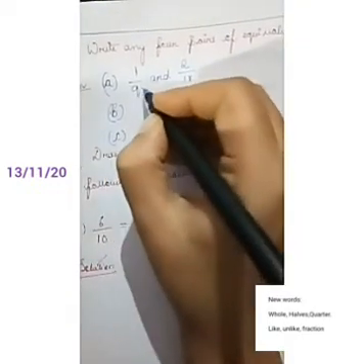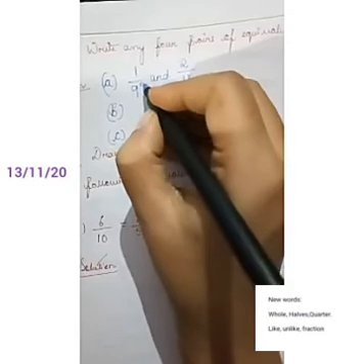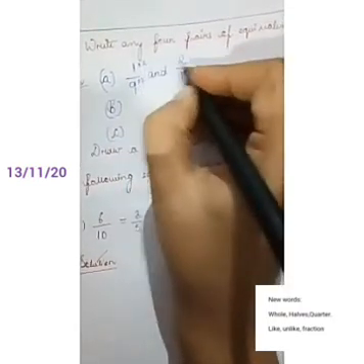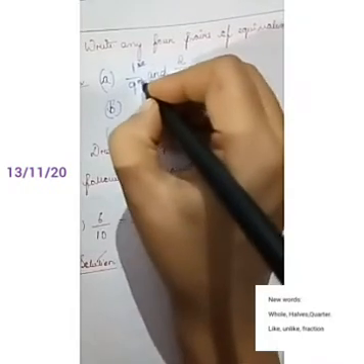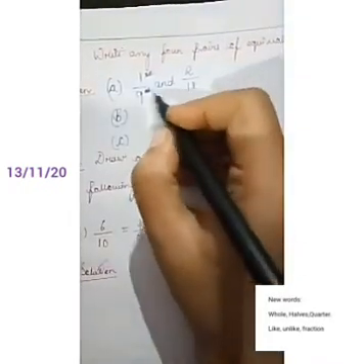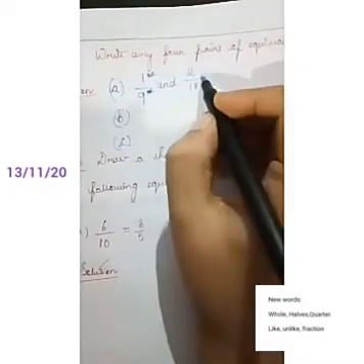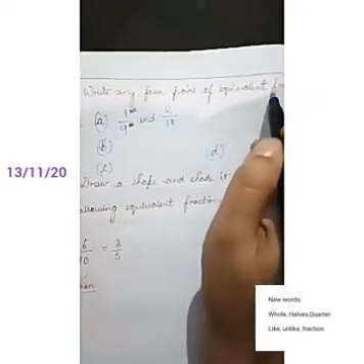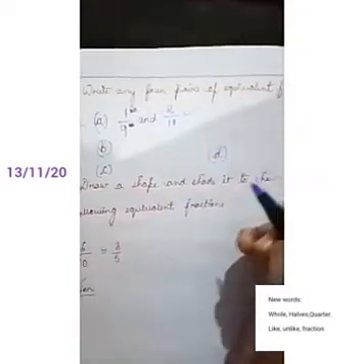Now whether it is correct or not, I'll see whether it is equivalent. 9 to 18, if I multiply by 2, I'll get 18. Okay, so no need to show this. This is just for yourself, in the rough. So 9 into 2 equals 18. 1 into 2 equals 2. Okay, children. So in this way, you have to find 4 pairs of equivalent fractions. One I have done. The rest you have to do by yourself.